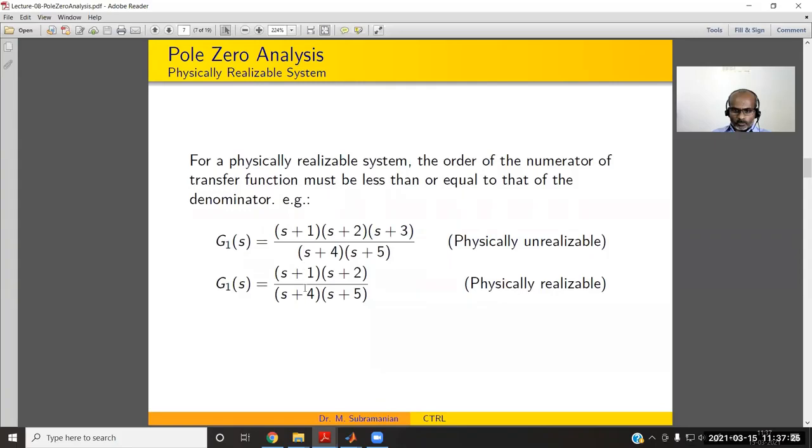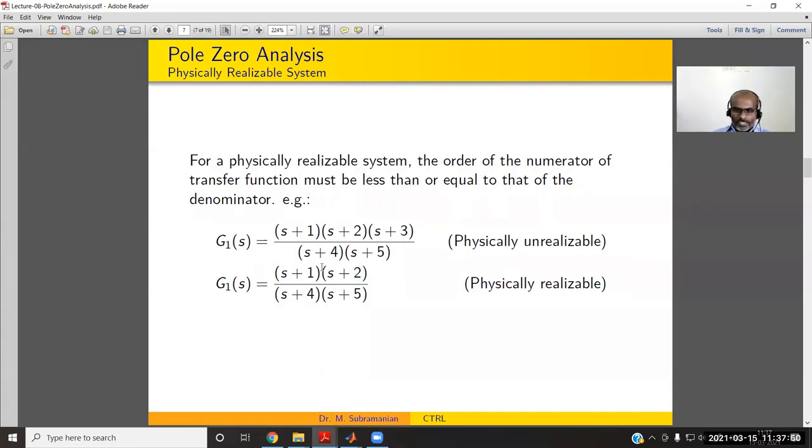Before that, of course, any physically realizable system has an output order and an input order. That is the order of the output terms. So there is d square y by dt square plus dy by dt plus some constant equal to